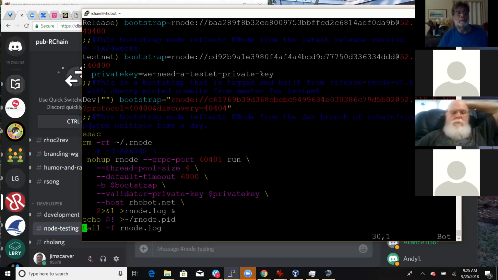So this procedure just runs Rnode. It uses nohup, so it doesn't receive a hang up signal. That means it'll keep running no matter what happens, it keeps running in the background until you stop it. Then I use a backslash to continue the command on the next line, and put in my arguments for the different things,